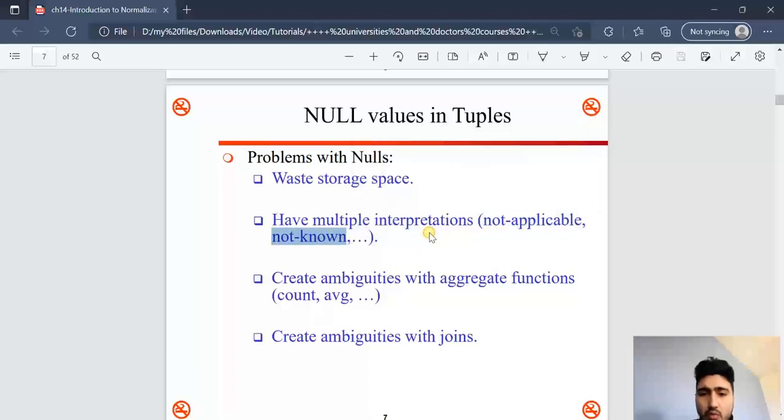For example, if we have a student table and a column mark for this student, and the mark is null, then you start thinking why this mark is null. This is because, for example, the student was absent, or the mark is not applicable or not known for this column. We should avoid null values as much as we can, because null values also create ambiguities with aggregate